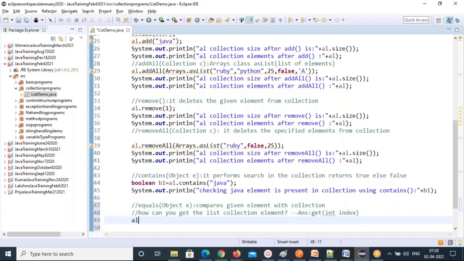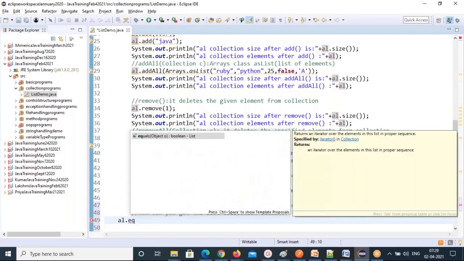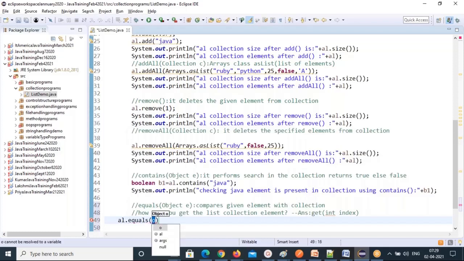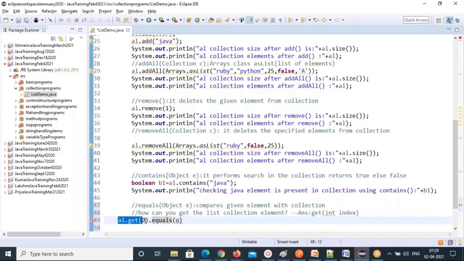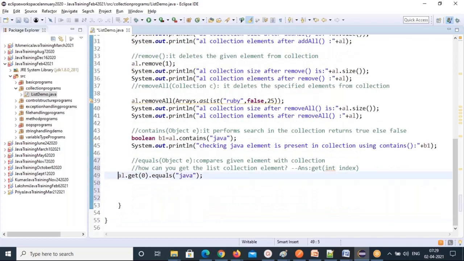So now al.equals method. First you give the get method, get of index, and you specify the index. I'll give index 0. Java is there, right? That is what you are comparing, this is the element now. I'll compare with Java only, then you can see whether both are same or not.